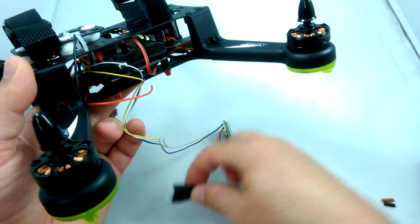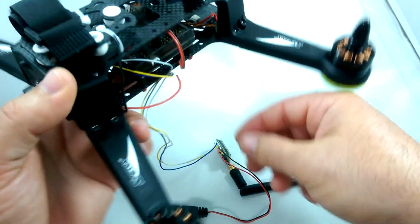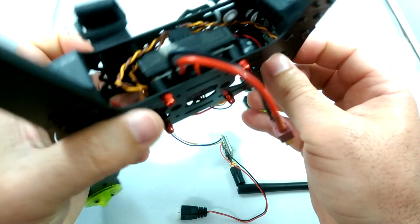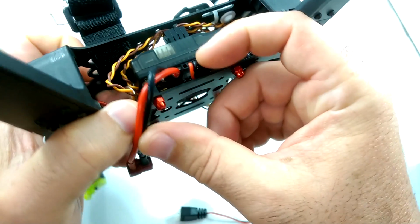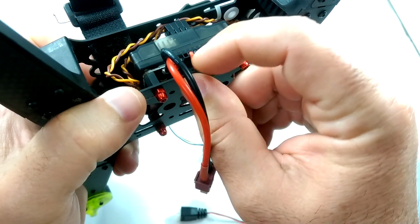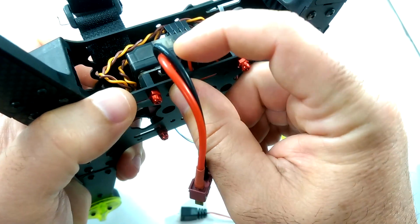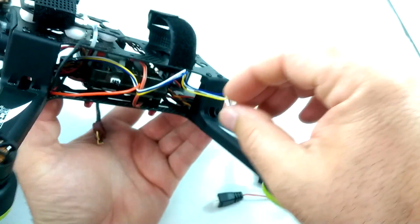I'm not going to be using this 3S connector to power the VTX. What I am going to do is just use the power distribution board. It has this 12 volt section here where you can just plug in like a servo connector. So I had this laying around. Basically it's just a positive and negative wire coming out of the 12 volt and the ground, plugged it in, and I'm just going to basically run that underneath the power board,